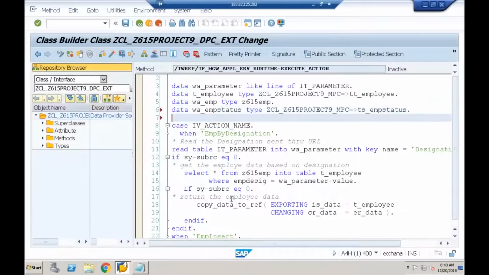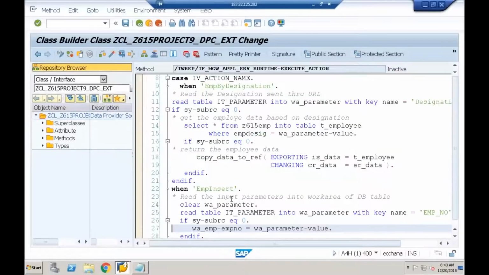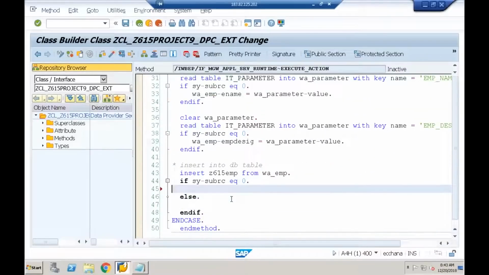I'm referring to a work area because the return cardinality is 1. If size of R is equal to 0, I'll say W underscore EMP status hyphen type equal to